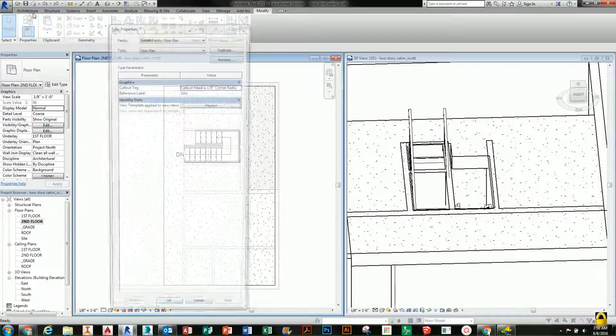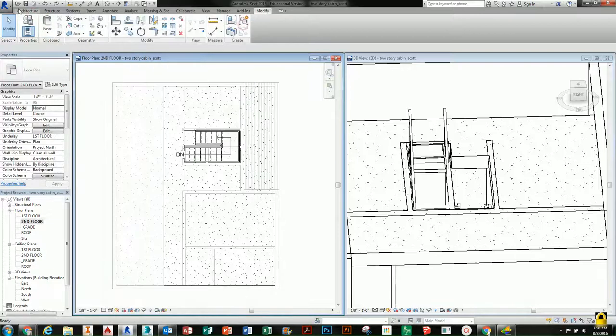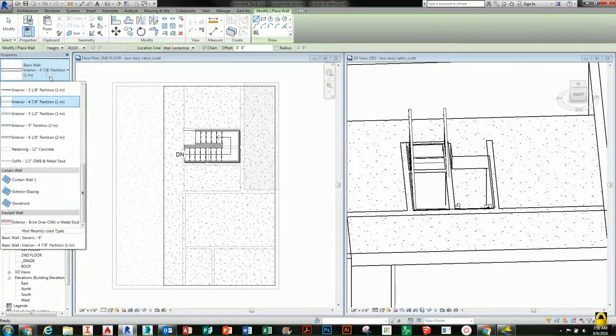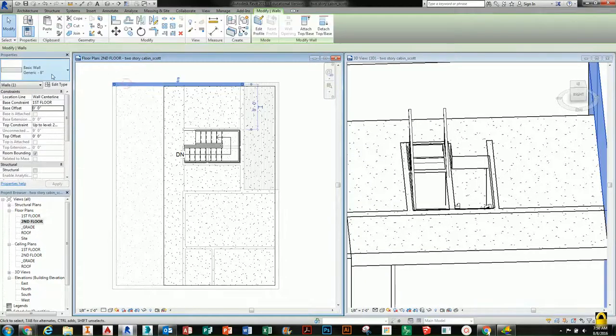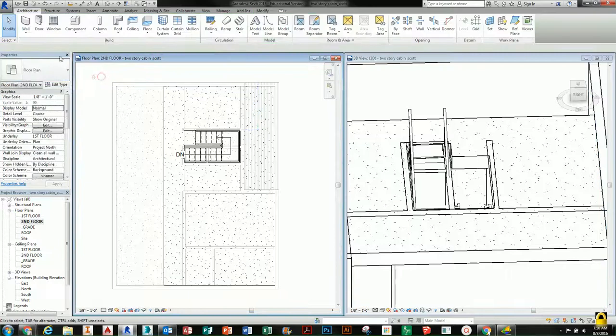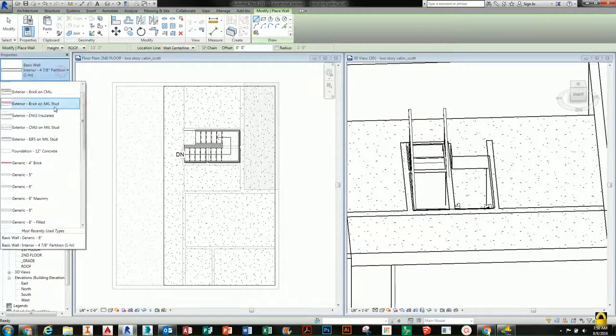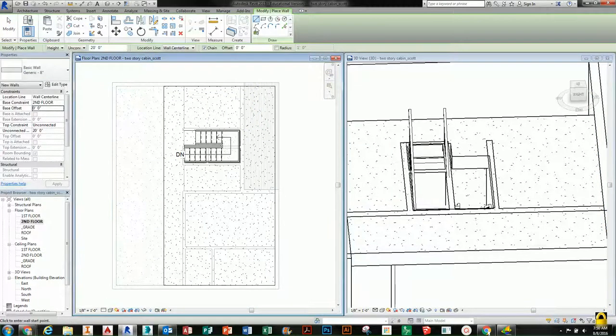You could also come back, pick your walls, and make it an exterior wall, whatever your generic exterior wall was. For instance, I have basic wall generic 8-inch. And I could come back and pick